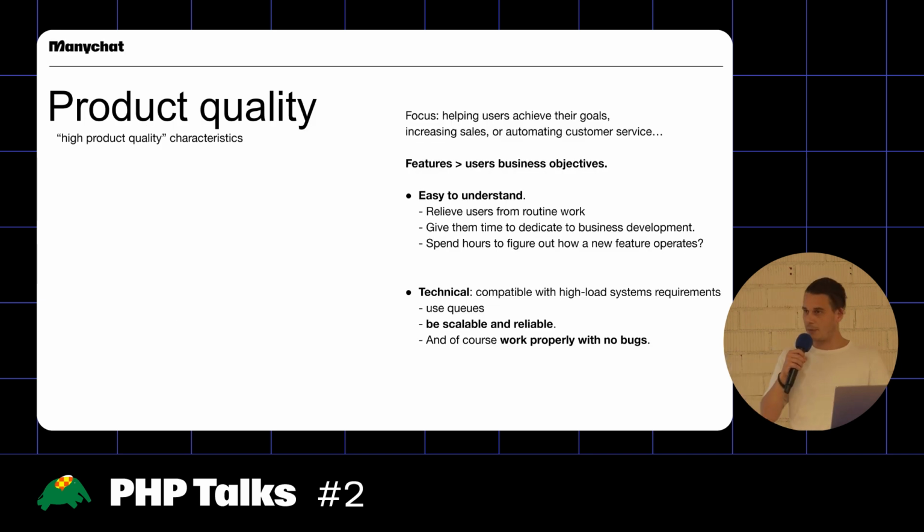What does it consist of? When we talk about a high-quality software product, what would be the characteristics here? First of all, like I said, the focus should be on our customers and what they are trying to achieve. It should meet the business objectives of these customers, but also the product should be intuitive and easy to understand. Nobody of our customers wants to lose time figuring out how a certain feature works. It should be intuitive, so our customers can actually dedicate their time to their business. Nobody wants to be boggling around to figure out how something actually operates.